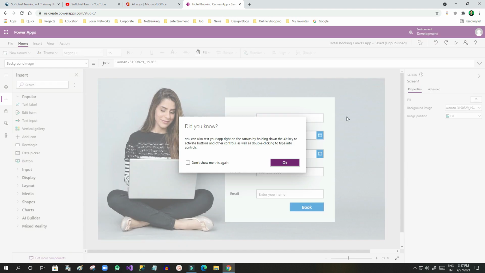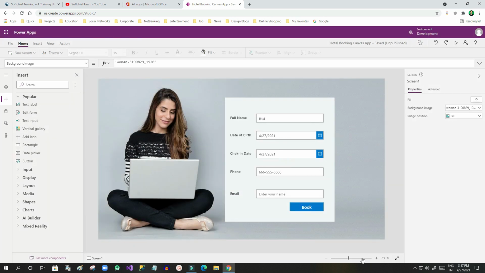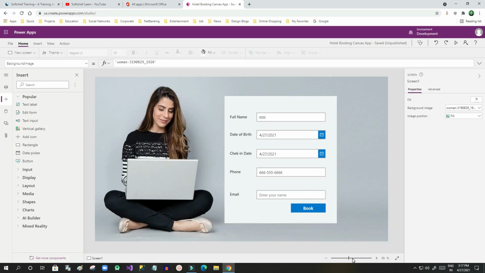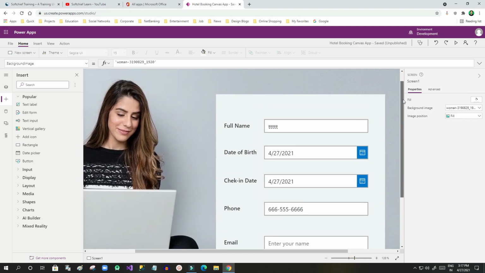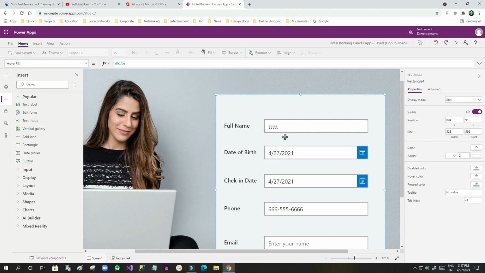Now, how does this validation occur? Let me maximize this window for a little bit. When you want to implement validation for a specific form in Canvas apps, first you have to understand what validations you need.